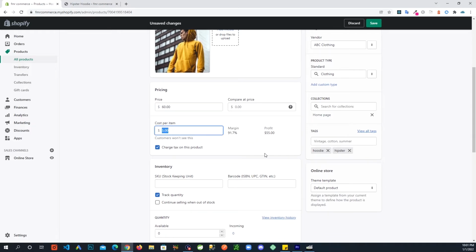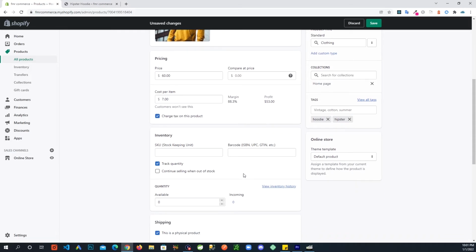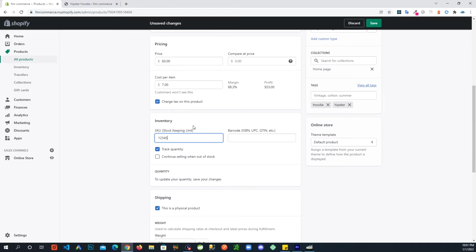And cost here, maybe we have a $7 cost. And SKU, we can give it 1, 2, 3, 4, 5, and then